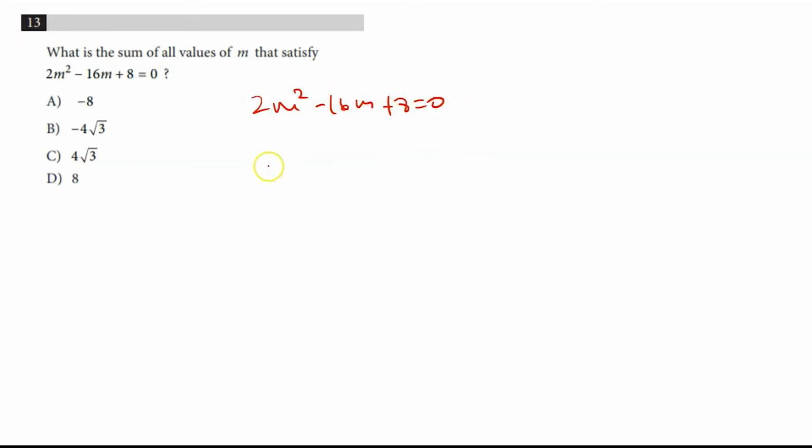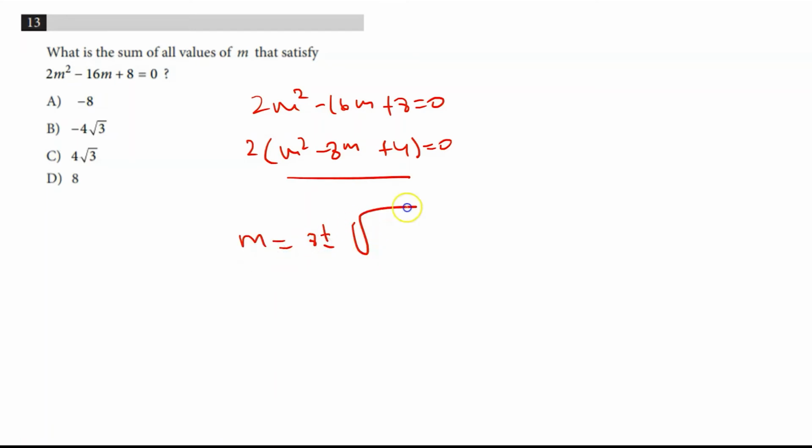Factoring out a 2, we have that 2 times quantity m squared minus 8m plus 4 equals 0. We can apply the quadratic equation on this. So we have that m equals 8 plus or minus the square root of b squared minus 4ac, or negative 8 squared minus 4 times 1 times 4